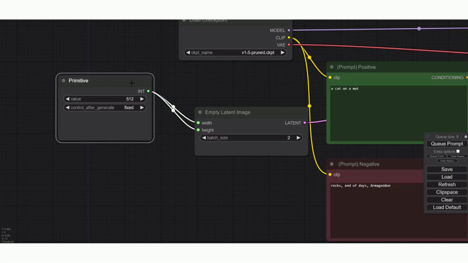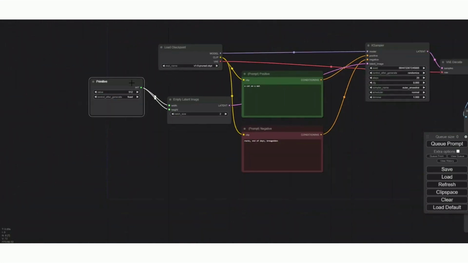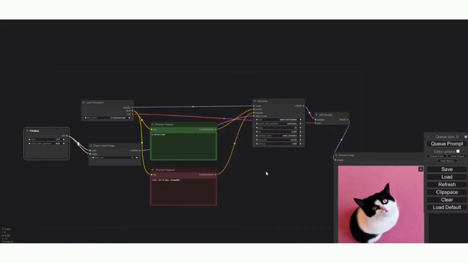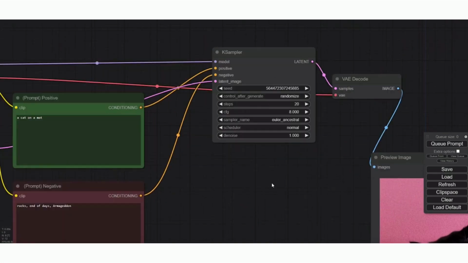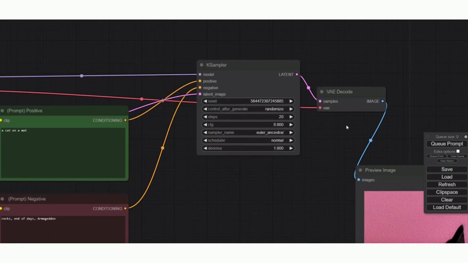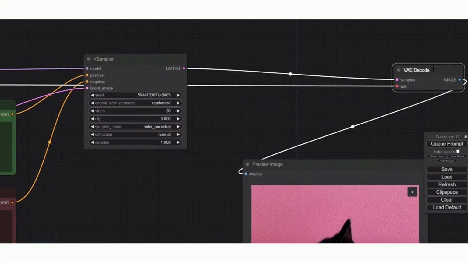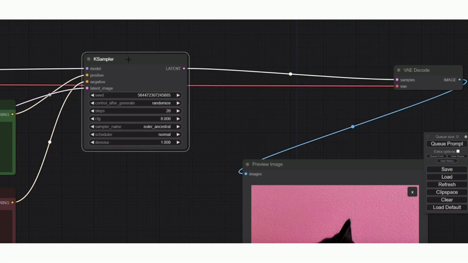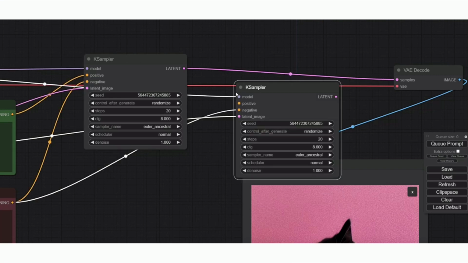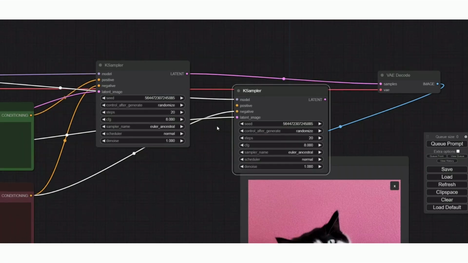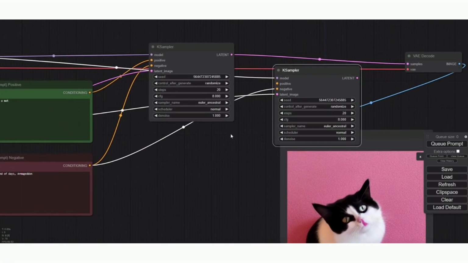Right. Okay. So let's zoom out again. Let's go over by this sampler now. Oops. There you go. And let's drag that VAE decoder off to the right-hand side a bit. Make room for another sampler. There we go. And let's click on the sampler and copy it. The K sampler there. Yep. Click and copy that. And then shift paste it. Control shift V. And you see it's got all those connections in it. Yeah, we lost our positive there. So let's go ahead and grab that positive and